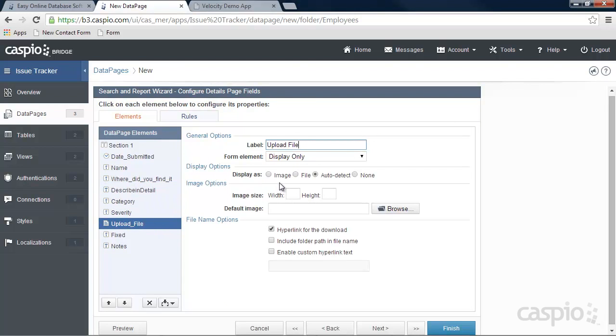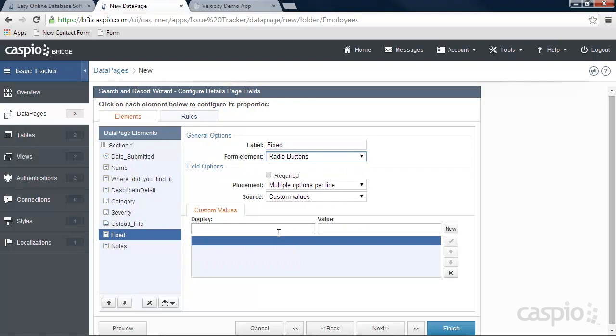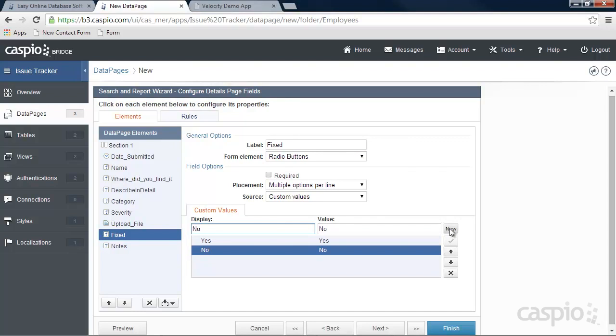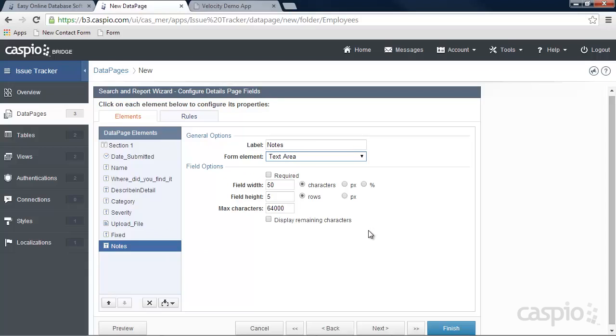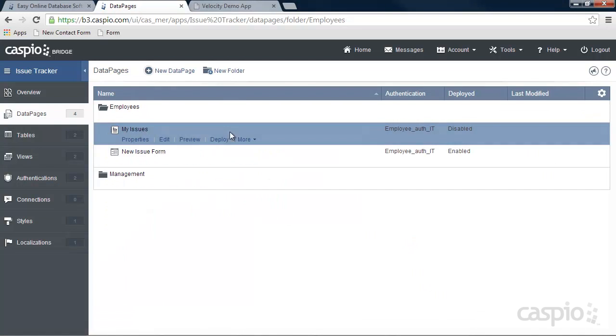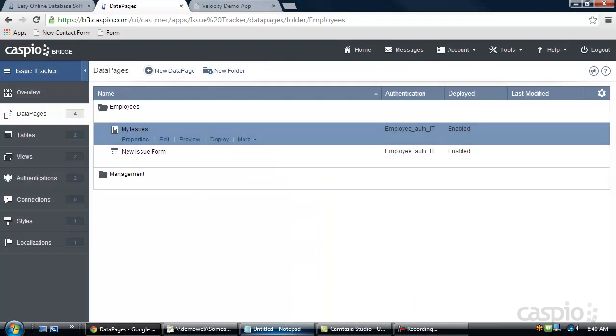We should be able to download this file. And for fixed, why don't we make this an actual radio button for now, with yes and no, just two options, whether or not the issue was fixed. And for notes, let's have this be a text area so they can type in more notes in terms of whether they were able to find any other issues with it. Click Finish. And now let's deploy this data page to the My Issues page